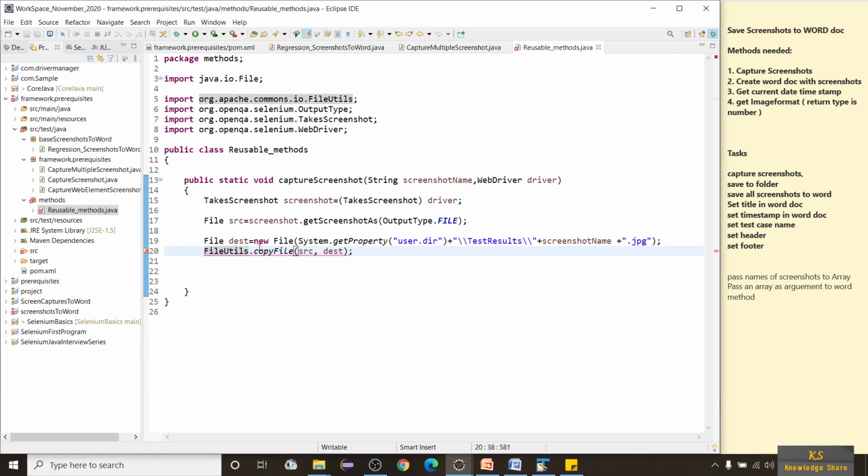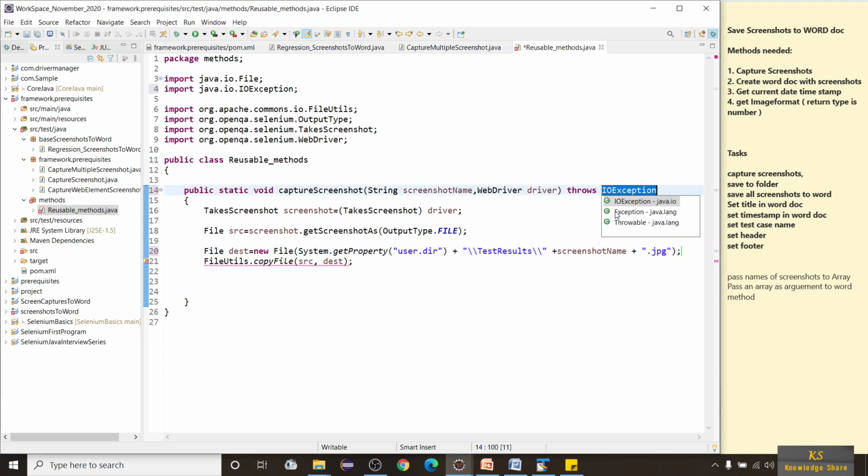It's expecting something here. Destination is equal to user directory plus screenshot and .jpg. Okay, now it came. So add throws declaration, that's what it's expecting.